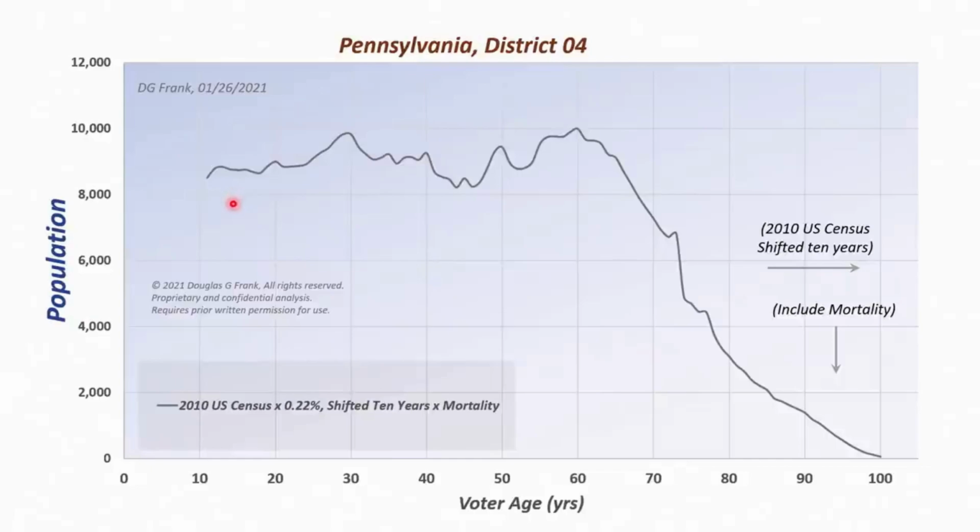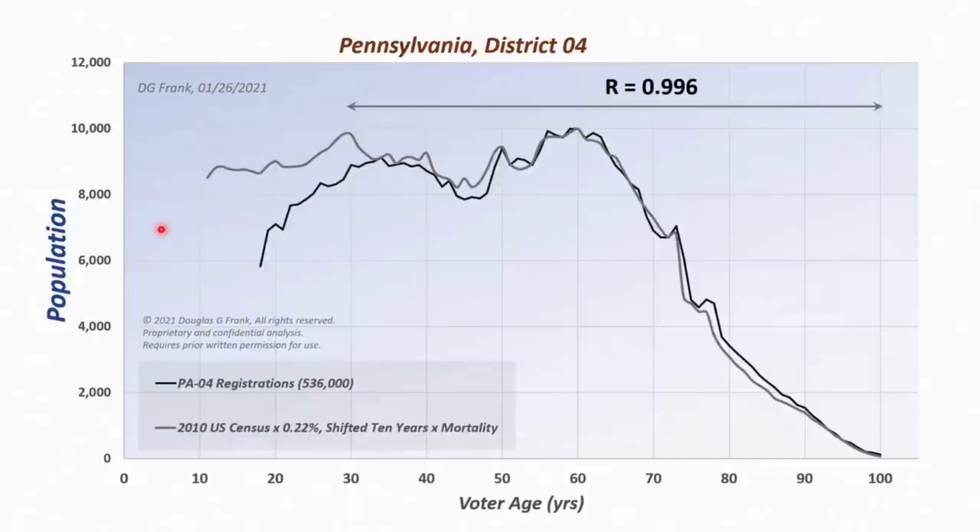In 2020. Well, if we add that black curve from before, the registrations, this is what we get. It's a very close fit. So this was the clue that said to me, there's something going on with the census. And I would not have even noticed this if I hadn't been teaching it to my students in September. But there's this peak here and these two peaks on the side, and they jump right out at you.